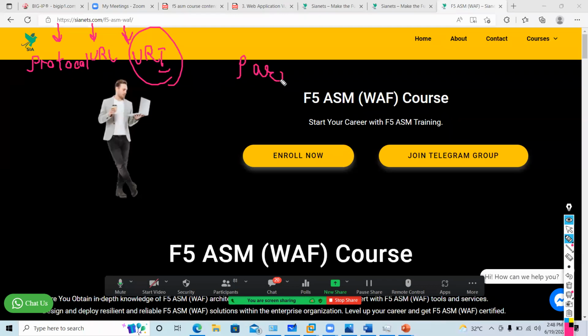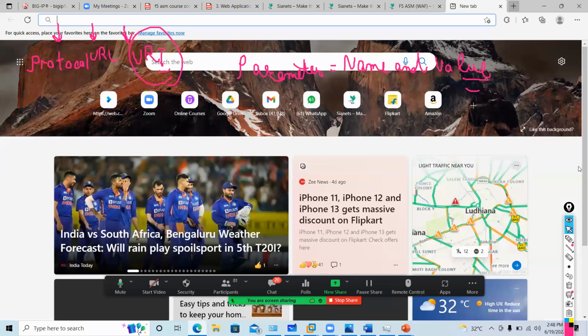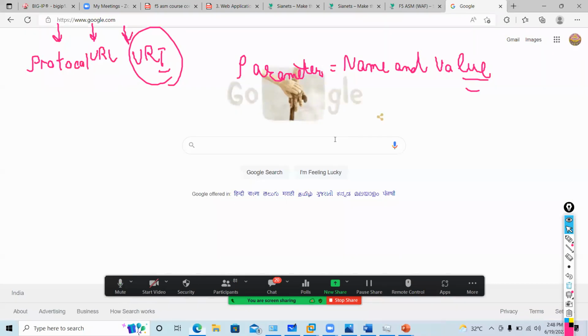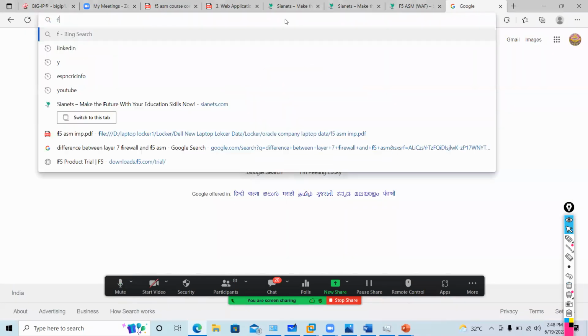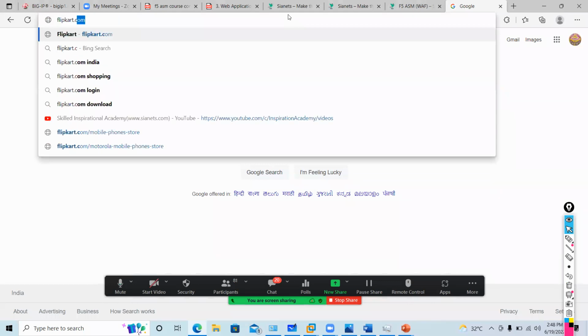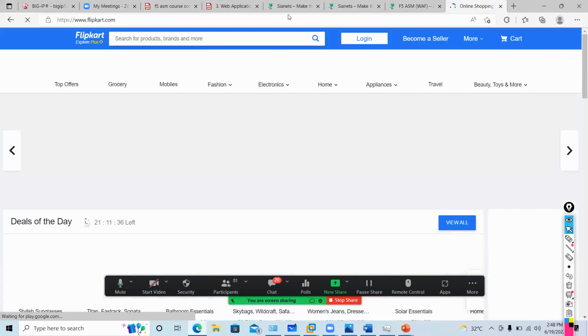And what is parameter, guys? Parameter is a combination of name and value. What does it mean? Let me go to flipkart.com. I will just open flipkart.com and I will show you what is parameter.